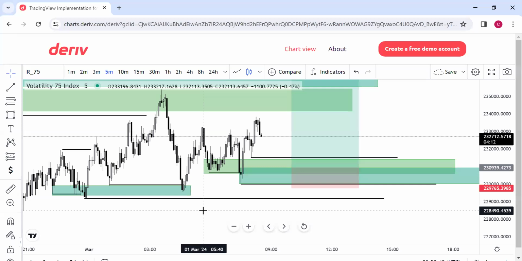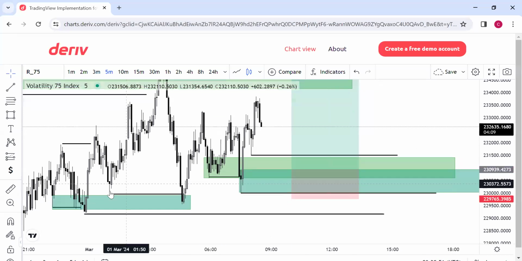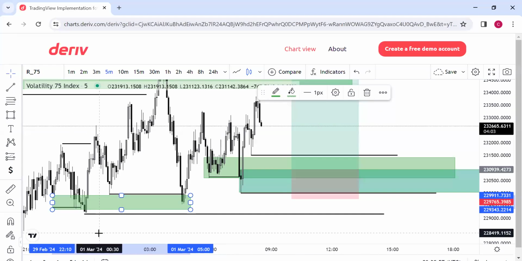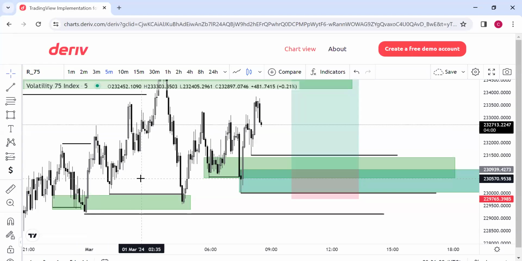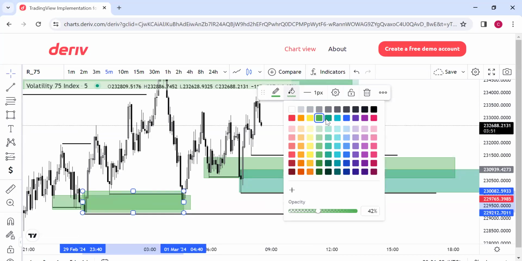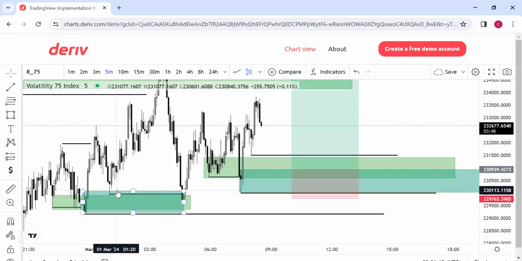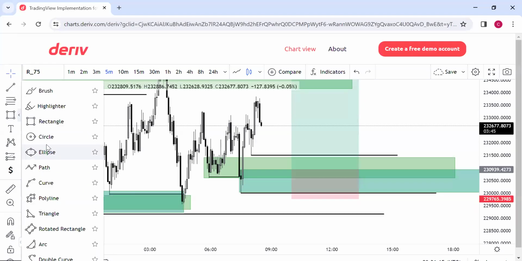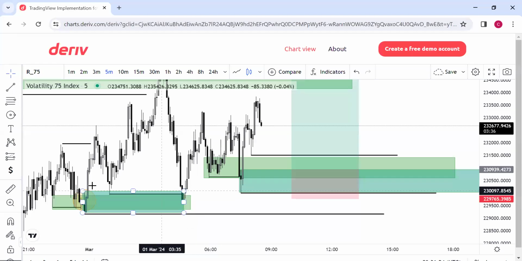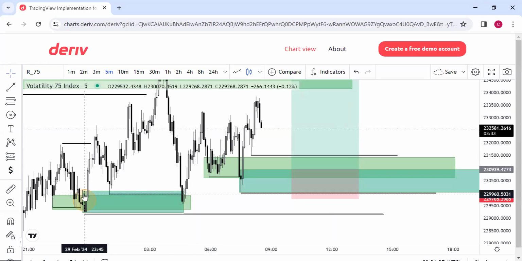Now, do you know what? This is a buy I wouldn't have taken. Why is this so? Now, what makes a demand and supply level valid? Once I see that this is my demand level, right? That's my demand level. But what happened to it? It has been mitigated already. Price has already used this demand level here. So I'm not going to be taking this buy. Based on experience, this buy most times is like a fake buy once this has been mitigated. Do you understand?